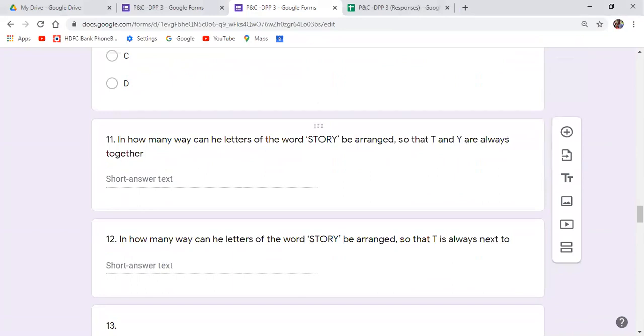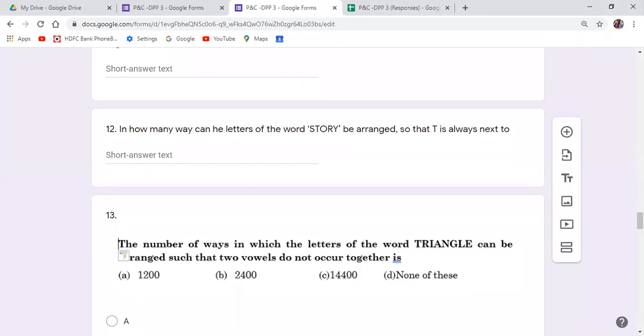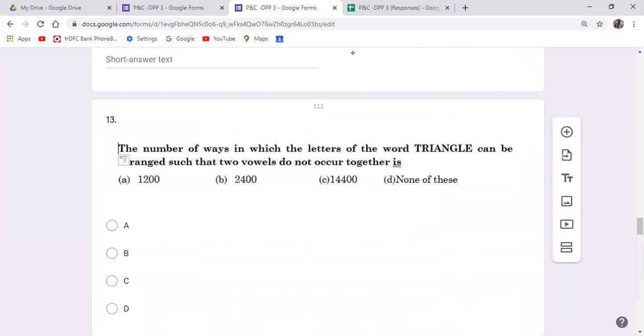No, sir. 12, no, sir. 13, yes, sir. The 13th one. The number of ways the letters of the triangle can be arranged so that 2 vowels do not occur together. There are 2 methods to do this. Total arrangements,